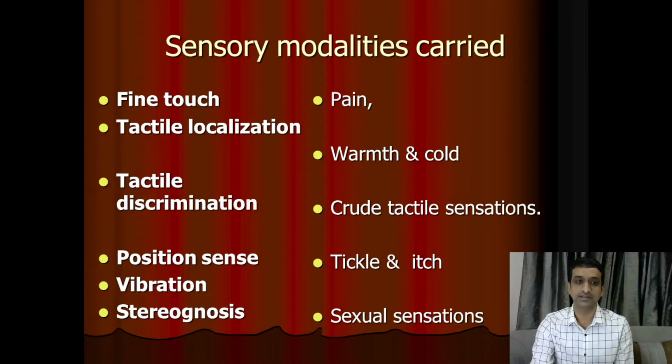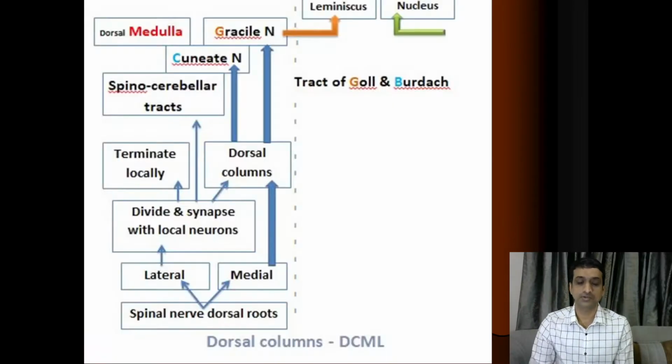Now we will come back to the DCML, how to start this tracing on paper. We have to take a full A4 sheet to represent from the bottom, because it is an ascending tract. We will start with the bottom, the footnote, dorsal columns or DCML. As I said, they enter the spinal cord through dorsal nerve roots. Immediately after entering, it will divide into a lateral branch and a medial branch. First we will take up the medial branch.